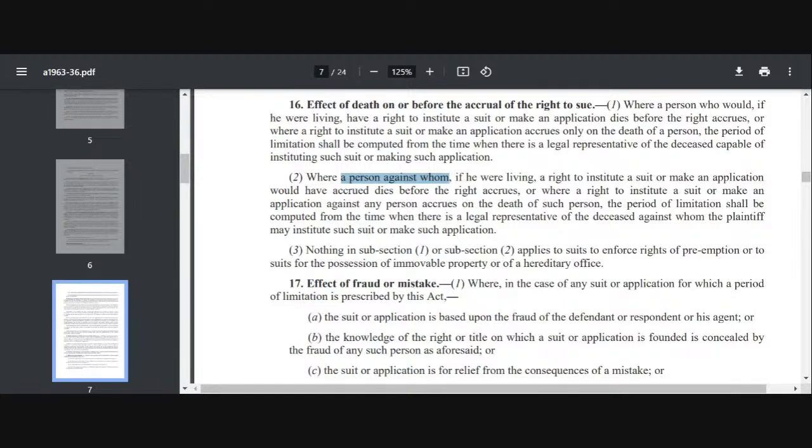And then we have the exception also which is given in section 3. An exception always has preemption. I told you in the earlier one also that preemption is excluded when we talk about legal disability. Similarly, here in section 16, when we talk about the effect of death on or before the accrual of the right to sue, the exception is preemption only, right? So section 16 is based on the presumption